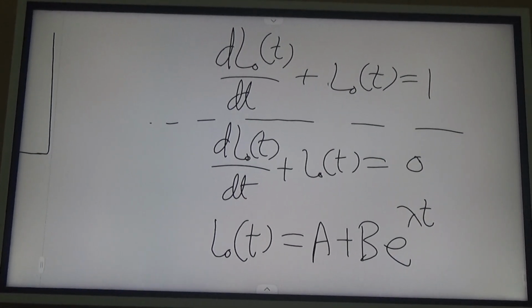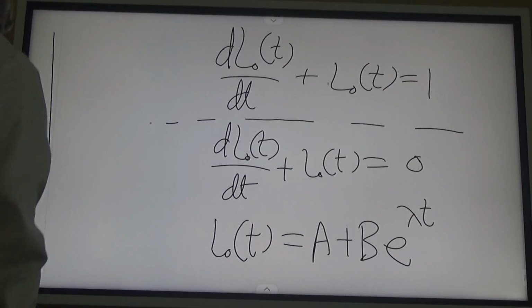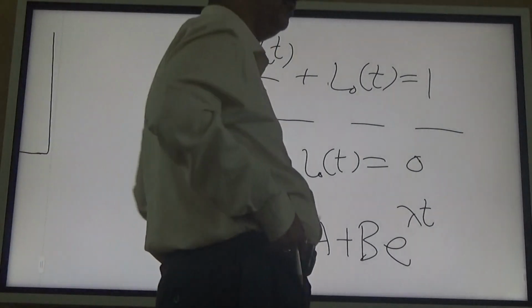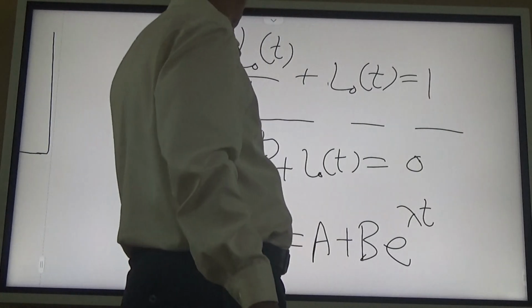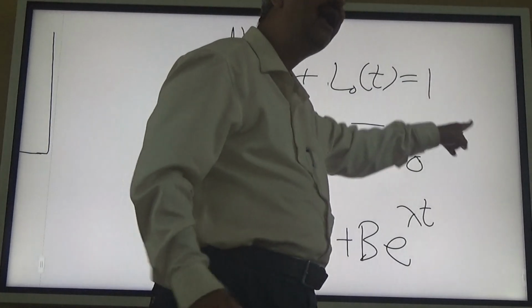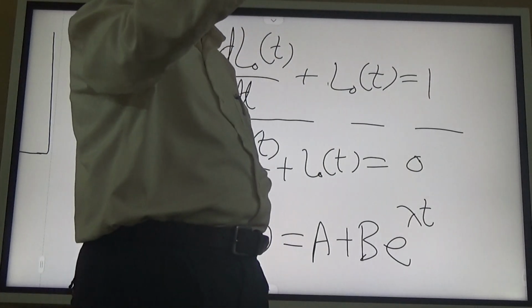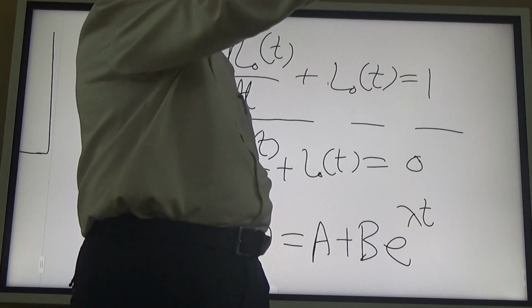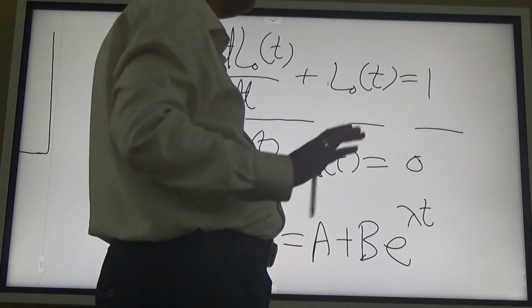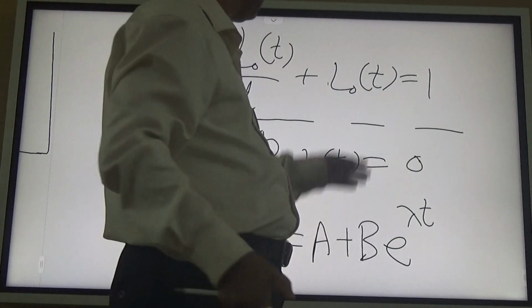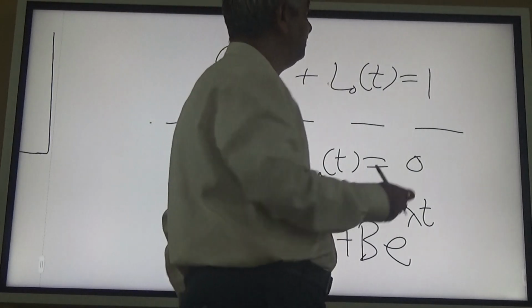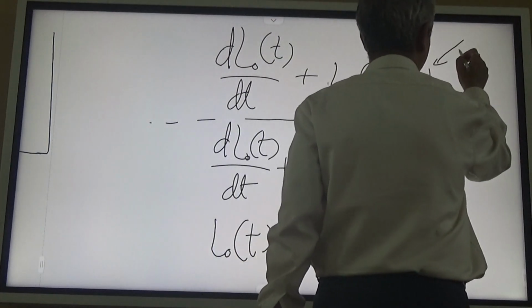So the answer is always of the type a plus b e raised to lambda t, and the values of a, b and lambda depend upon the coefficients a, b and c, and also the constant of the initial condition, right? Now those who have not got the answer for this or for this, you can start with the initial condition